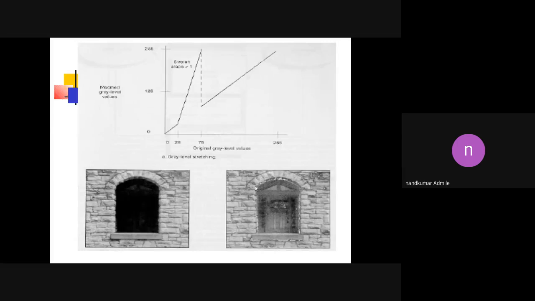Can anyone explain with this particular figure intensity level slicing? Hello. Yes, can anyone explain? Imran Sheikh,